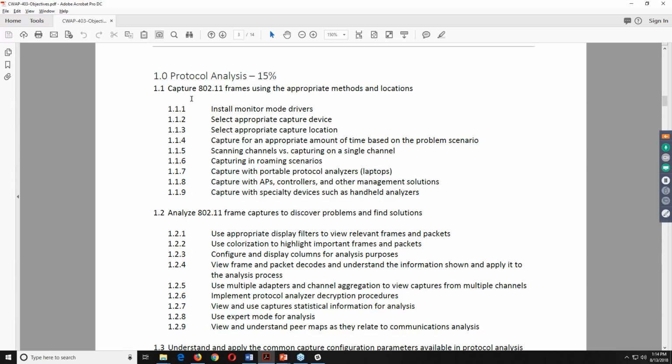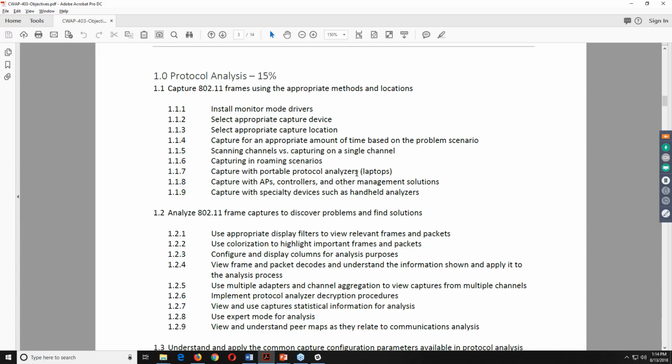But each of those major objectives are broken into sub-objectives. So when it comes to capturing 802.11 frames, and I'll not read to you all of these because you can certainly read them yourself, you need to know how to install monitor mode drivers, select an appropriate capture device and an appropriate location to do the capture for an appropriate amount of time, how to do scanning versus capturing on a single channel,